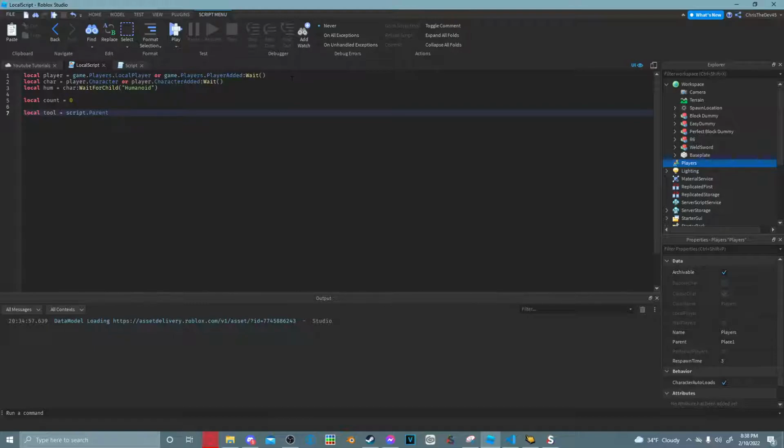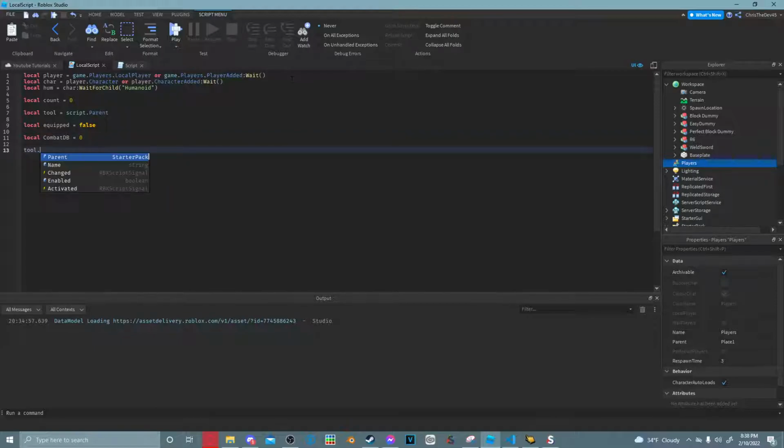Then we get local equipped equals false. And then we get local combat db equals 0. So now what we'll do is tool.Equipped:Connect(function()